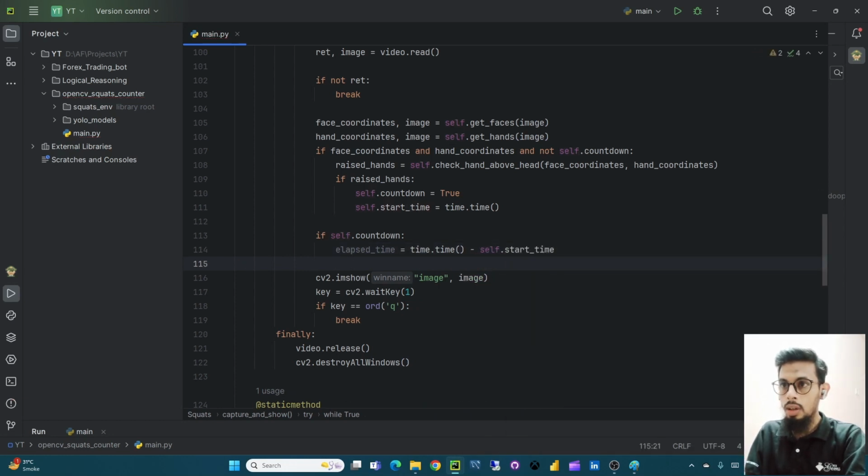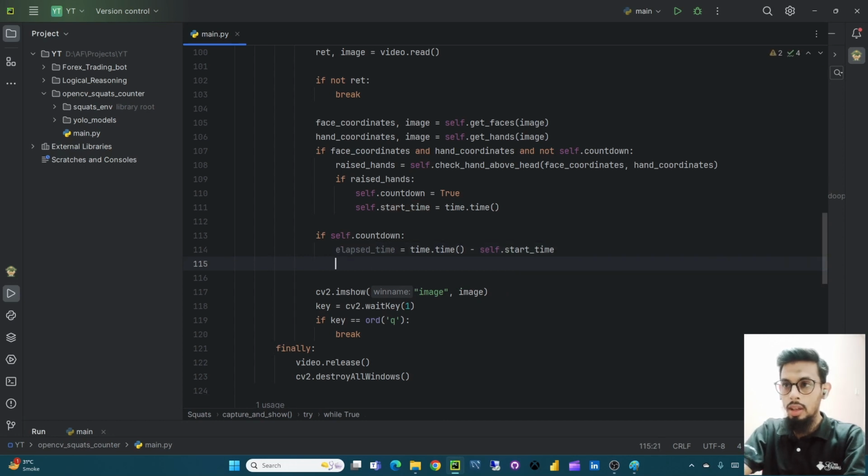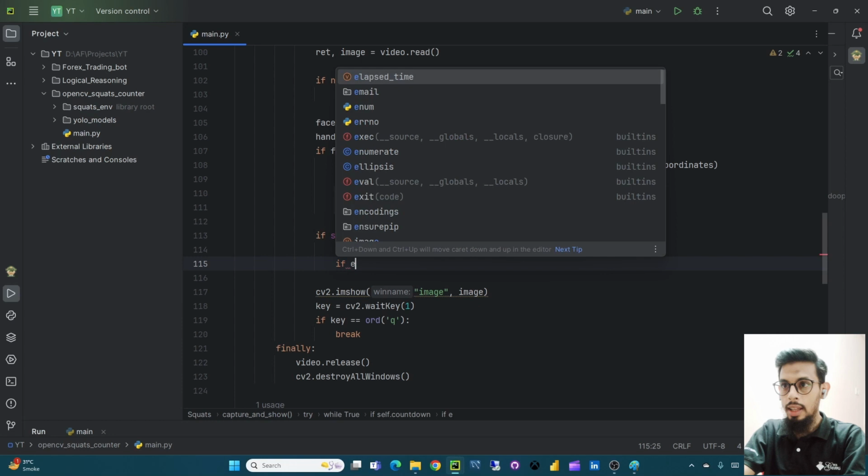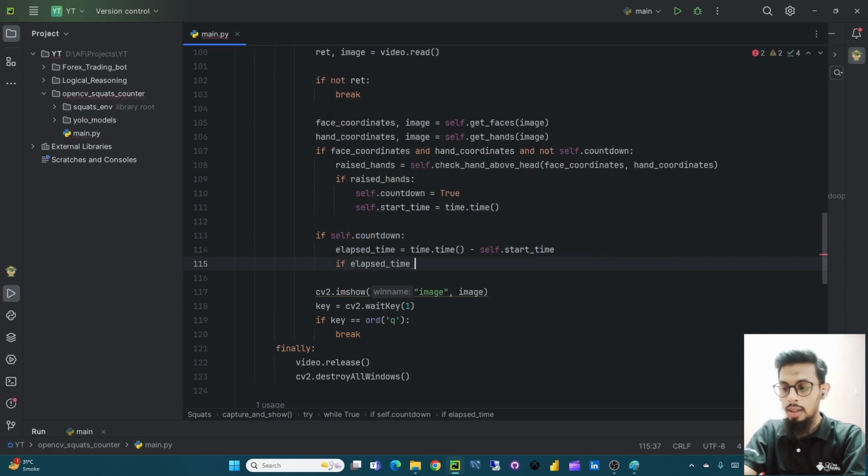What this will do is, suppose the user has raised his hand in the 15th second of a minute. And the next second the time will be updated, right? So 16 minus 15 will be 1 second, right? So we will reduce the counter if the elapsed time, which is basically a difference,